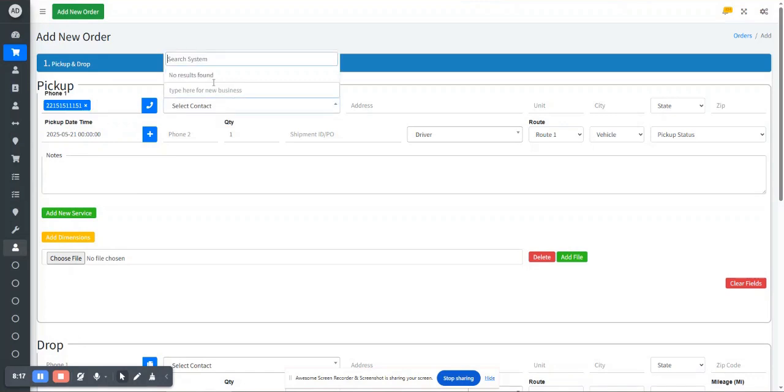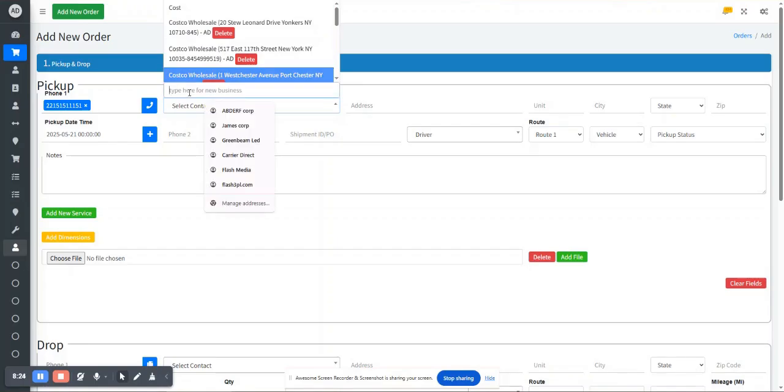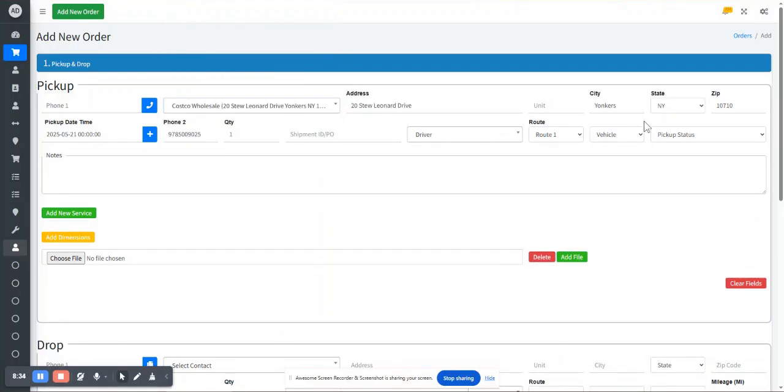You can find a contact from the system. So for example, if I search Costco, I can find Costco saved within the system. Or if it's a new address, it's not in the system, you can type in here Costco and you'll see these are Google suggestions, so you can click on them and it will automatically be saved in the system next time you save the order. Now you can see it's already filled in all the information, the address, city, state, zip code. Now you can update the